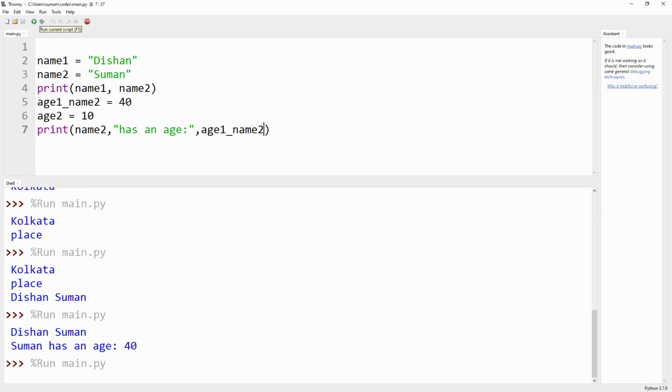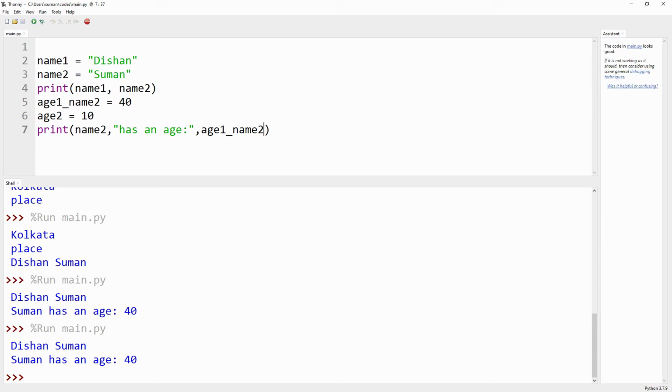Now we run the code, and the output is obviously the same. Practically, use lowercase letters, and separate words with underscores to improve the readability of variables. So that is how in Python we can use the print function, and also how we can use variables.